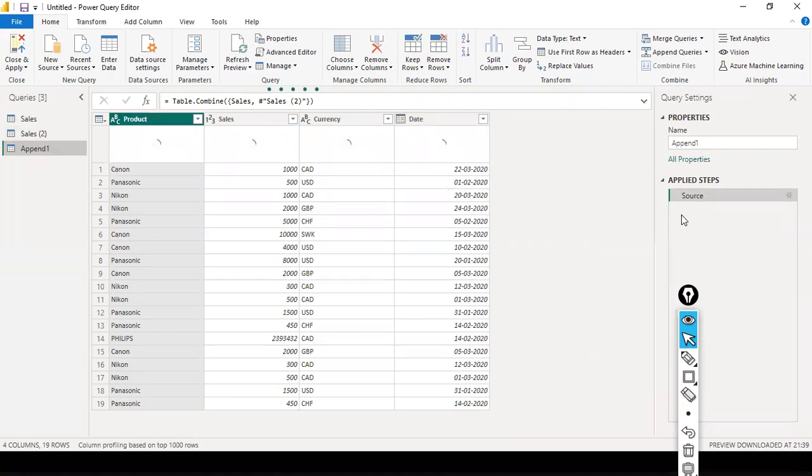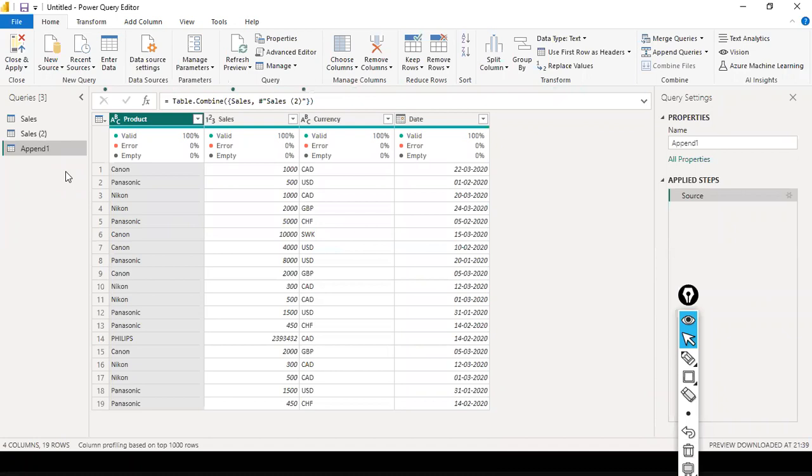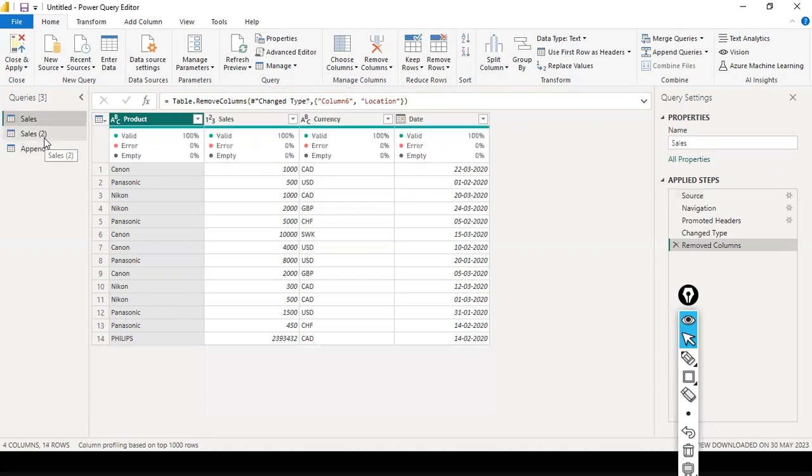Okay, I have another file, but one point you need to remember is, when you use append to combine more than one file, it can include duplicate records also. For example, in the first file you have 10 records, but of the 10 records, a few records mistakenly went in here. When you combine this, those 2 records will also blindly get appended here. It will not remove the duplicate records. Hence, after you append the data, make sure that you remove the duplicate records, but this is not the right way of doing it. You make sure that, in each file,